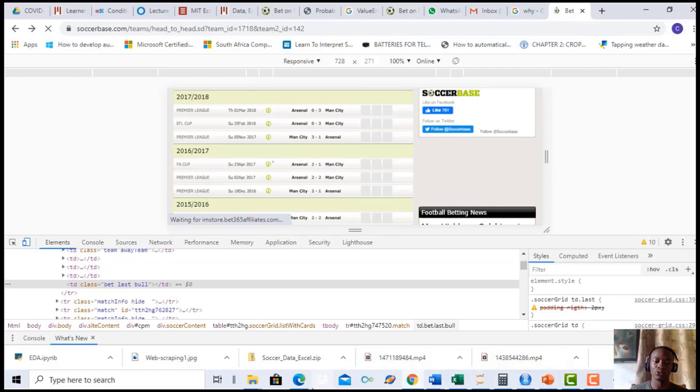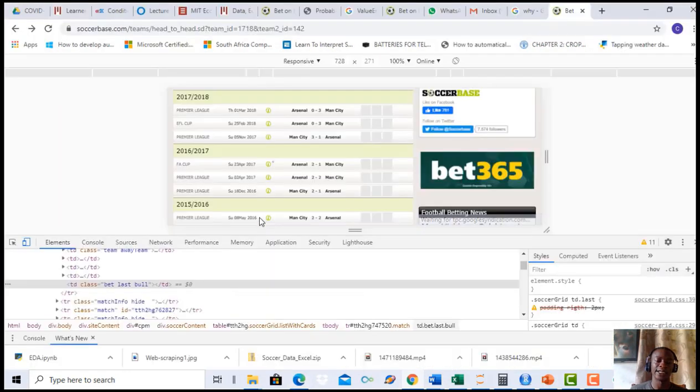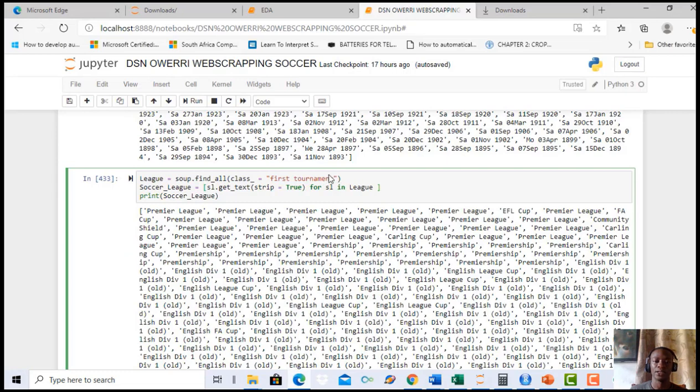So we'll now go back to our notebook and do basically the same. We'll find all classes with the name first tournament, then do the same list comprehension: put in our identifier, get text, strip off all white space, for each identifier in league. As I said earlier, if you notice here, if I comment out this stuff and print league,